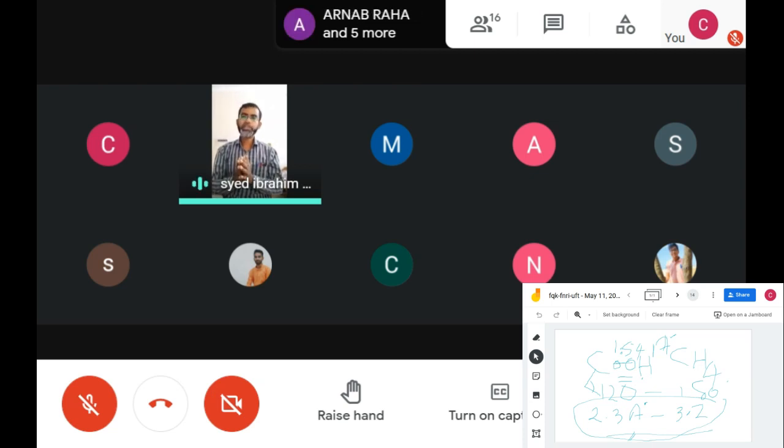So the hydrophobic interaction: we have the hydrophobic amino acids, the amino acids with aliphatic side chains like alanine, valine, leucine, proline, methionine. These amino acids with aliphatic side chains, and the aromatic amino acids like phenylalanine, tryptophan, and tyrosine, can all have this interaction. That is called a hydrophobic interaction.